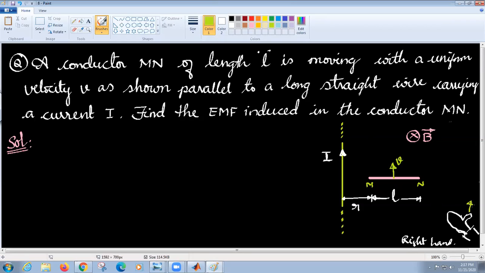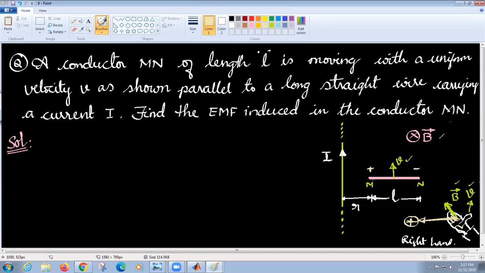Now this thumb is along v. The thumb is along v, and the palm fingers are pointing into the board. That is this B. In this scenario, the normal to this is the positive potential. Yes or no? Yes, sir. This is your palm face. So we have positive potential on this side, and negative potential on this side.